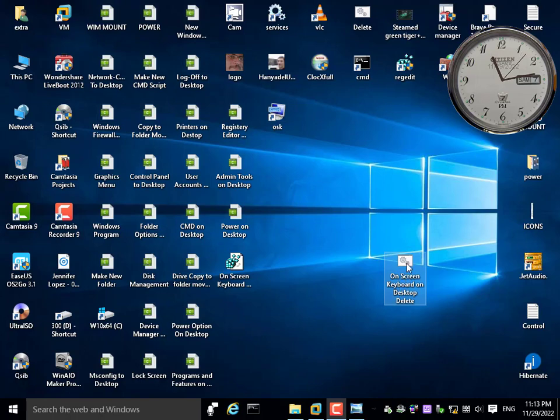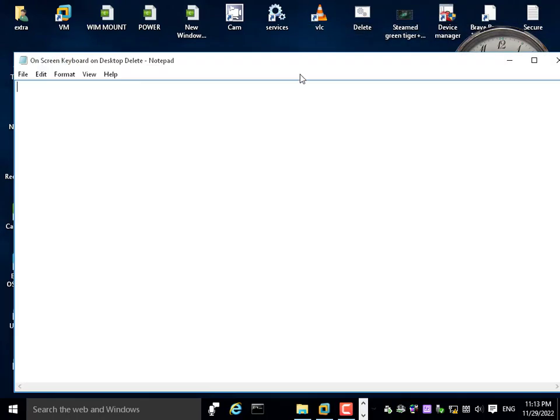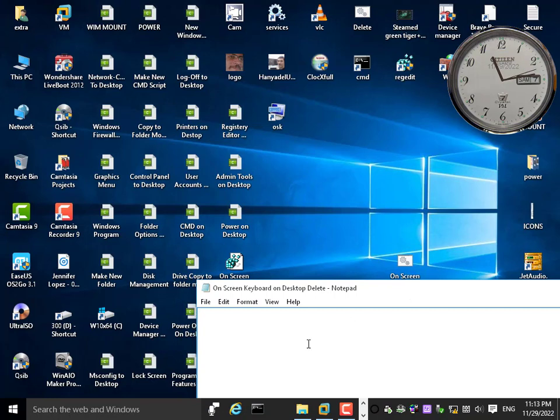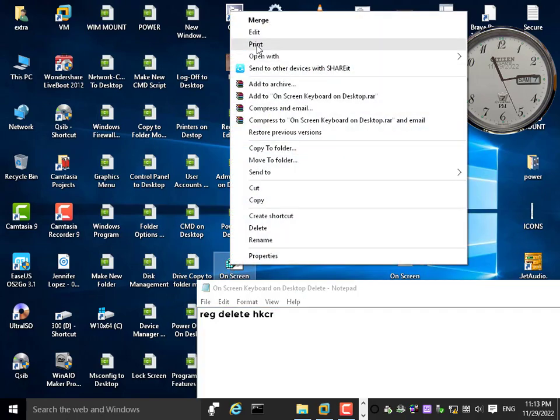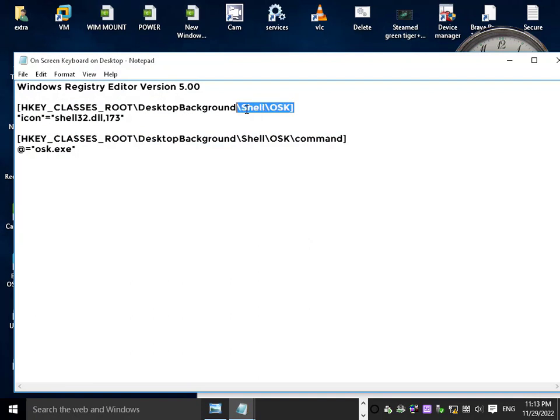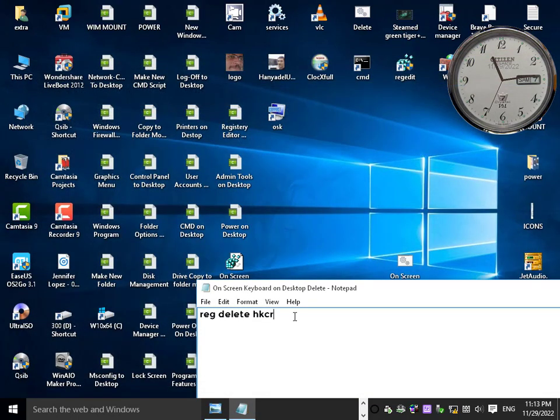Okay, so how can we delete this one? I think now you are professional about this. So reg delete HKCR. Then we'll copy the remaining line from here like this up to this backslash. Copy, let's close it, paste it here like that. So we have to remove the last one, OSK dot, I'll add the OSK